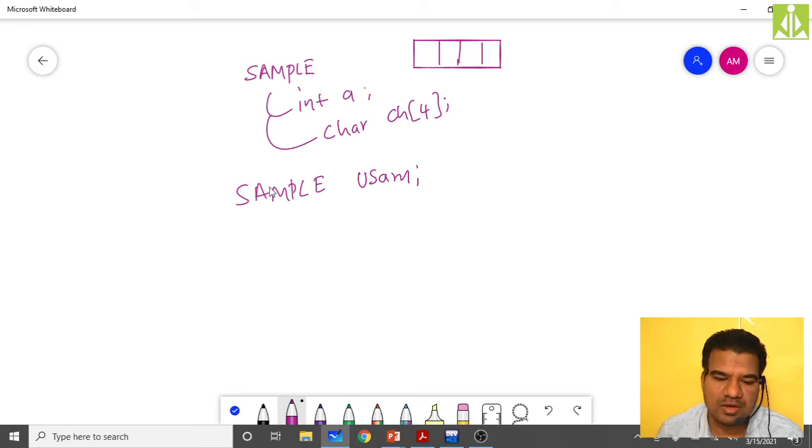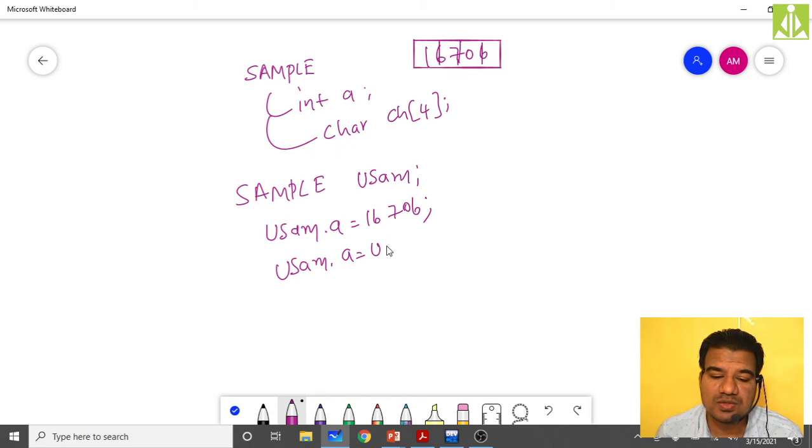Now what I have done, I have stored usam.a as 16706. So what happened at this time? Here you got 16706. After that, usam.a = usam.a + 100. So what happened at this stage?